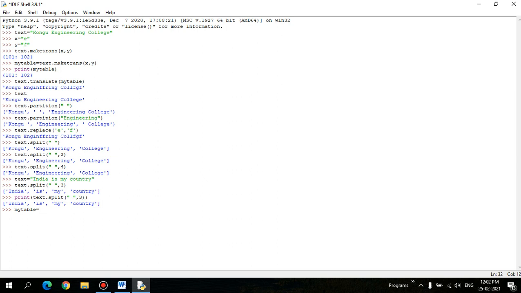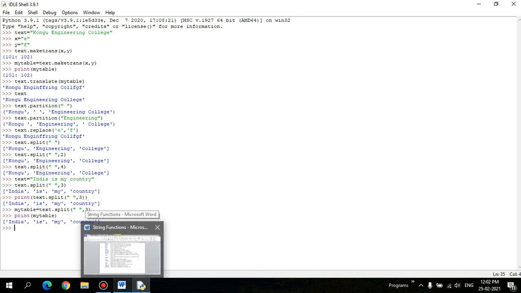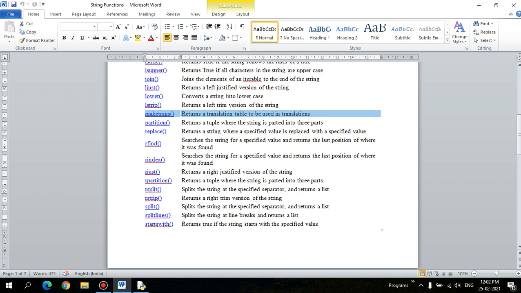Since it returns a list, text dot split, comma 3. Yes, let's print. I need to split it into 3, but it returns 4. Okay, let me check, because there are plenty of functions and in terms of syntax it differs. I'll check it with the proper example.